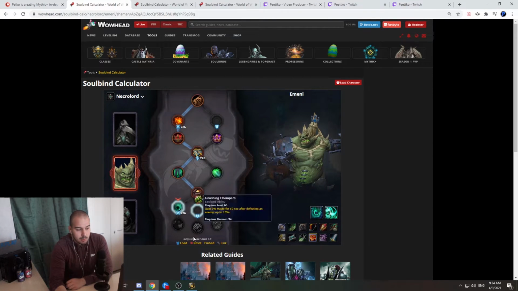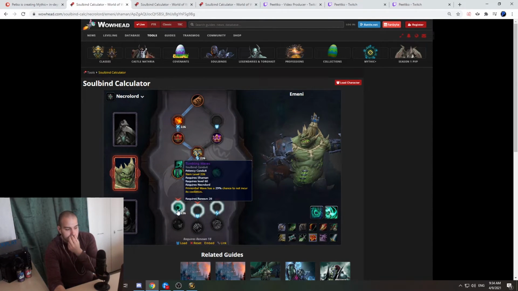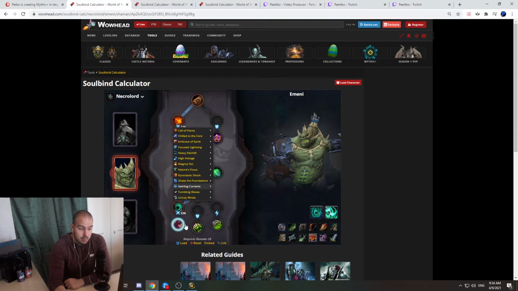And then the second potency conduit is going to be Tumbling Waves, which is pretty much a chance not to trigger the cooldown of Primordial Wave, which is going to be extremely useful whenever you fight, for example, 2-3 targets and you use Primordial Wave. It's pretty good, I would say, and that's what you should be looking for if you want to go Master